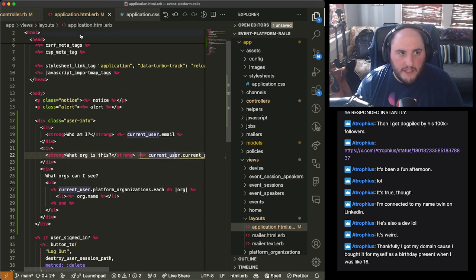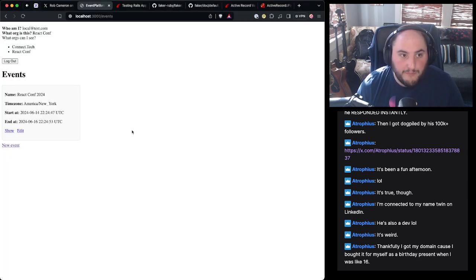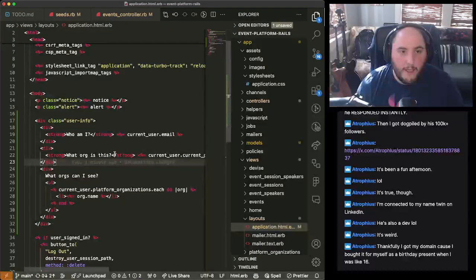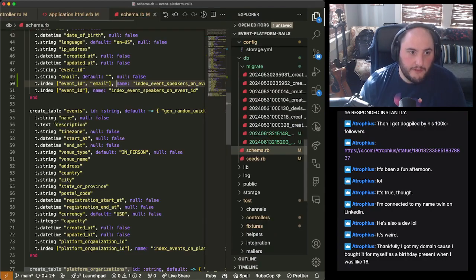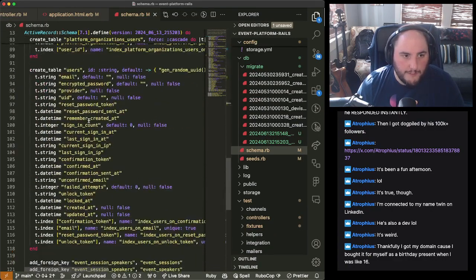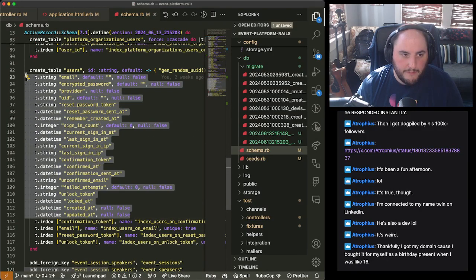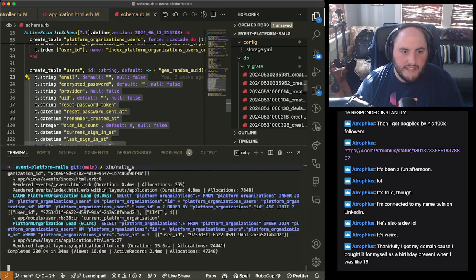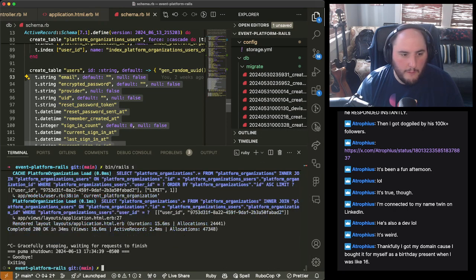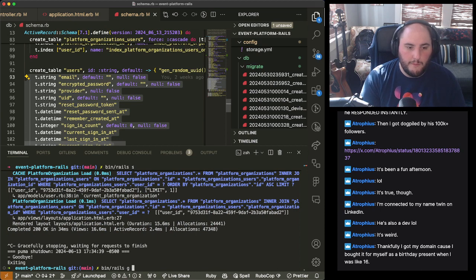So something we're going to want, we're going to write another migration, is kind of where I'm leading us right now. We need to be able to switch, and we need to make it so we can switch. So if we go to our schema for a second, our user doesn't currently have anything that we can really use as a field for this. And so what we want to do is write a new migration. Bin Rails DB migration. And what we want to do is add platform organization to user.